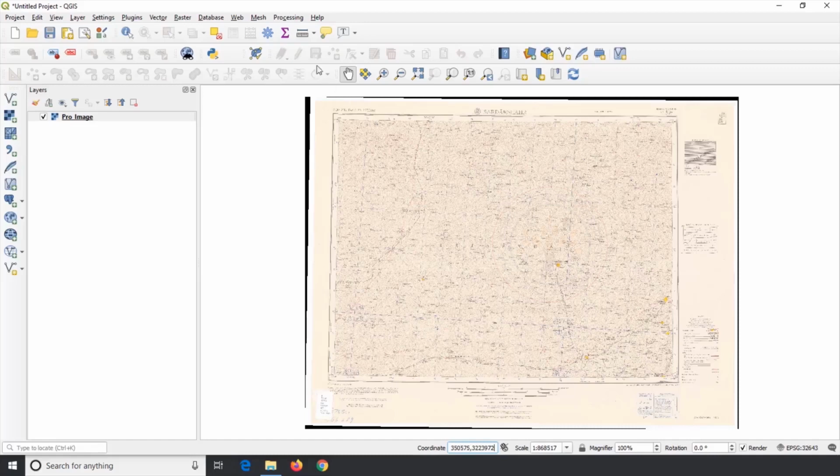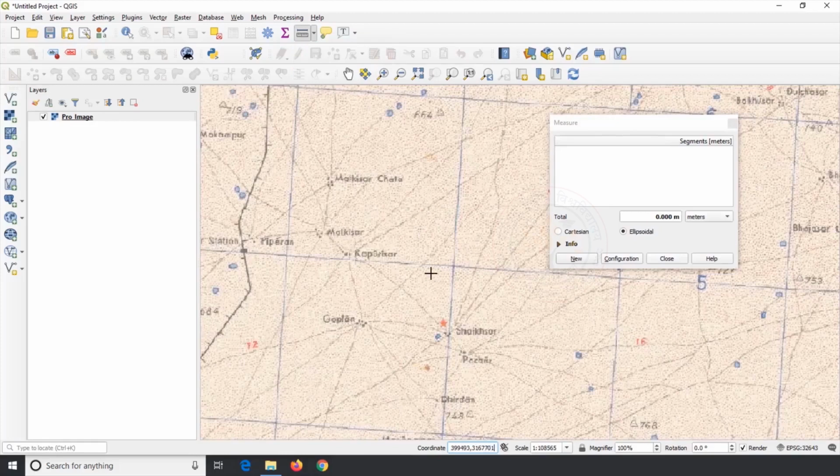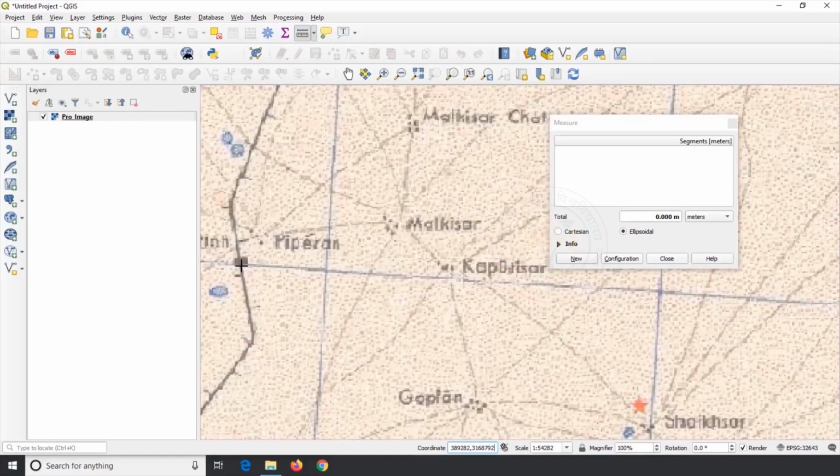Use the measurement tool on the attribute toolbar. We can get three kinds of tools by clicking on the down arrow near the measurement tool. There are measure line, measure area and measure angle. Use measure line tool to measure the length of linear feature on topographical sheet. When you left click on the mouse, it creates a node on the topographical sheet. Click continuously, giving some space between the nodes to measure the length of the feature.